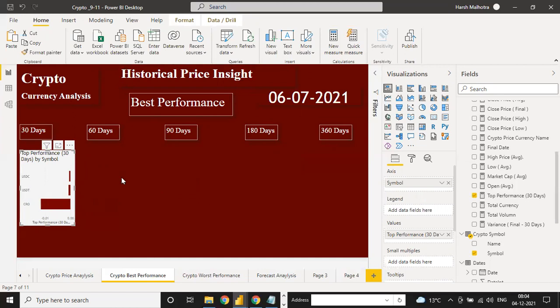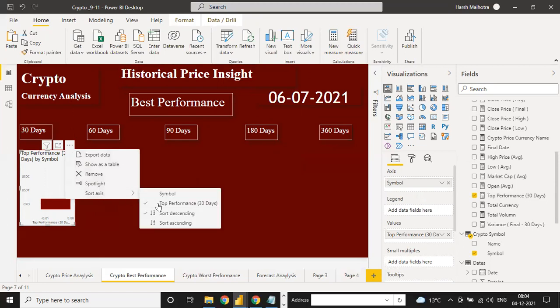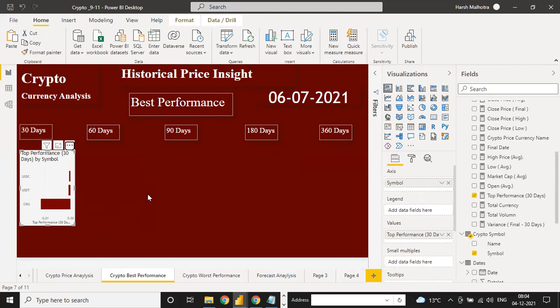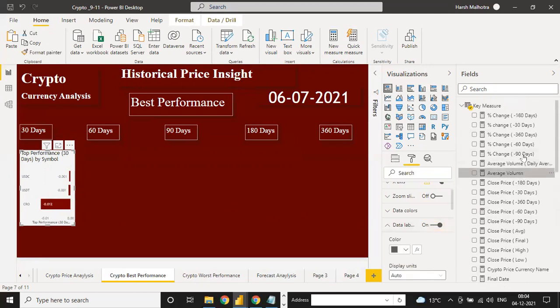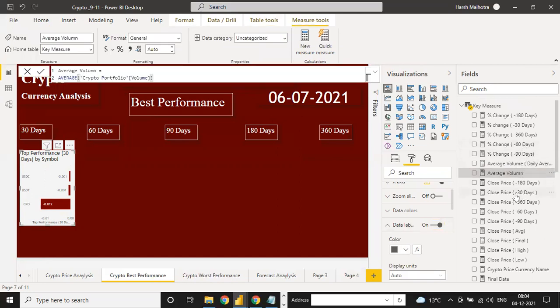Okay. And if we go to this, sort by descending of top performance. Yeah, go to this, add here a data label. And if you put add data label, see, the data label is here, as well as go to this 30 option.